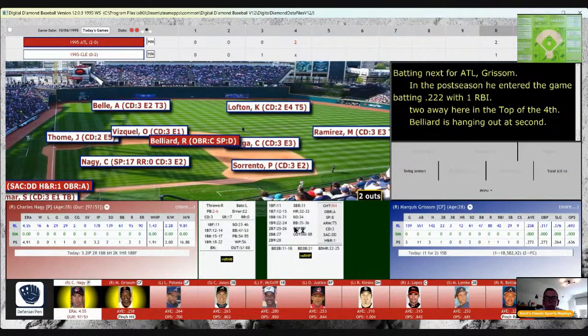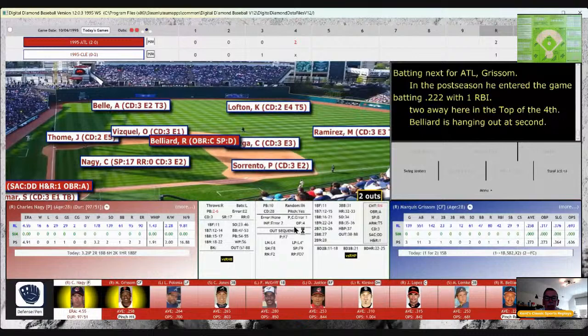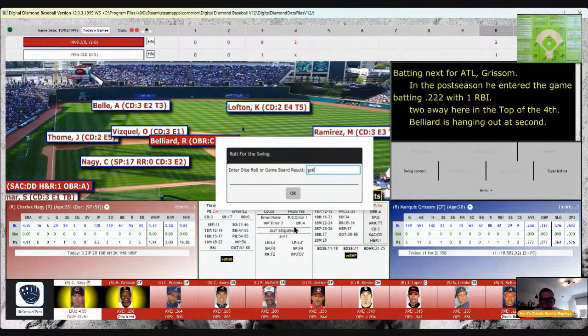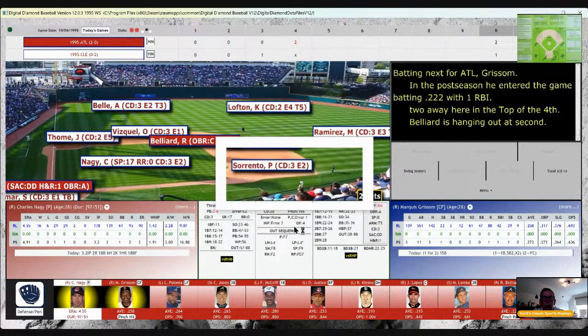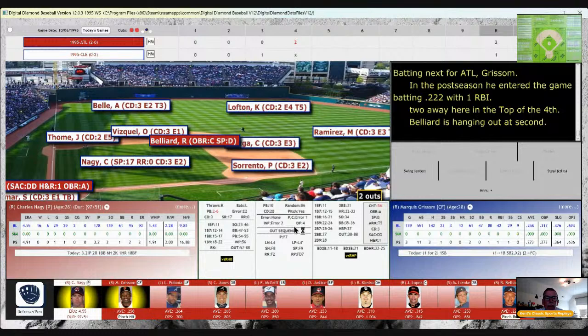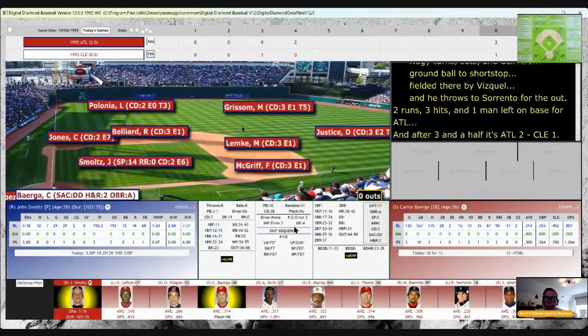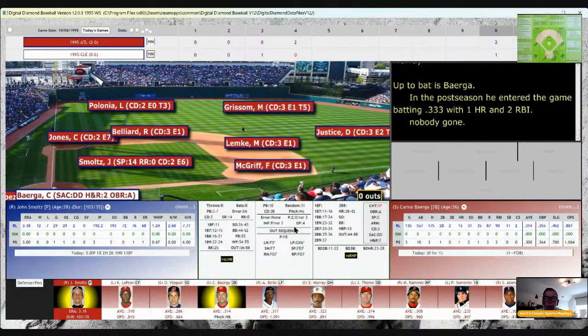Ground ball too short, at Vizquel. Up with it is Vizquel, fires it over to Sorrento. But not until 2 runs come across on a home run and an RBI scoring double. And we go to the bottom of the fourth with Atlanta leading 2-1.